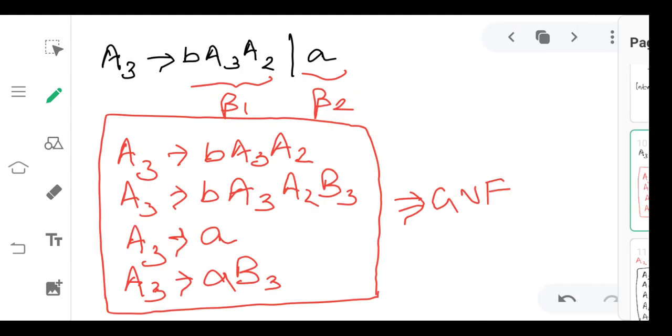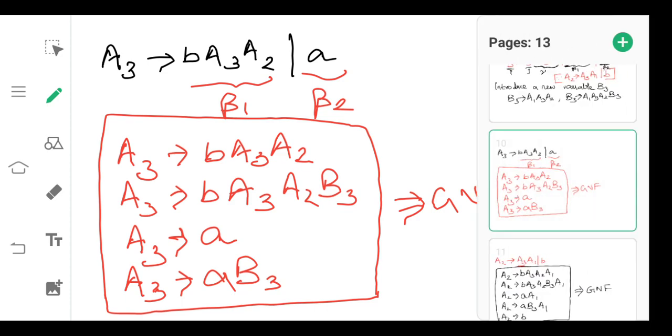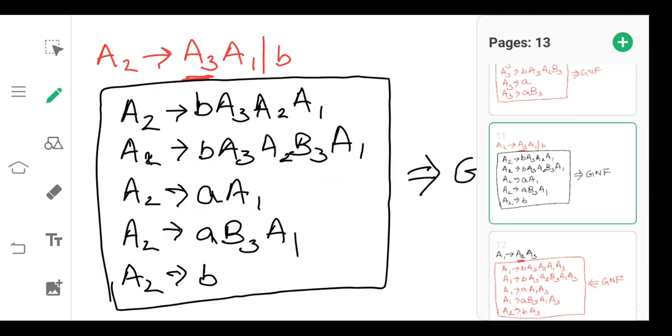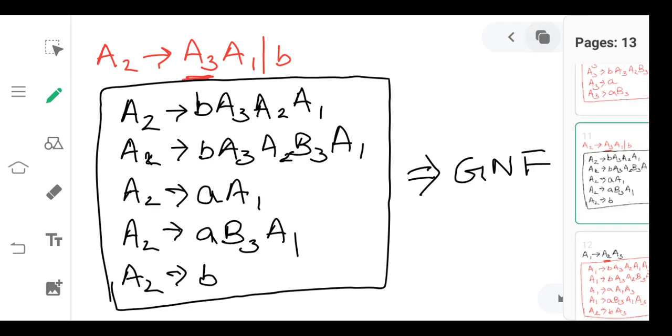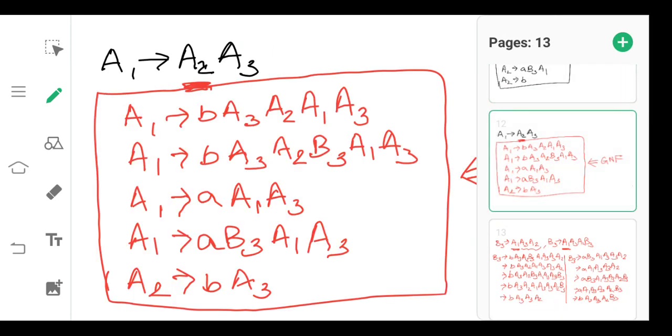And then for the other productions of AI, that is AI produces beta 1 and AI produces beta 2, we have to introduce two new productions as AI produces beta 1 and AI produces beta 1 B3. Like so, AI produces beta 2 and AI produces beta 2 B3. Likewise, we have to substitute for A3 in A2's production and then A2 in